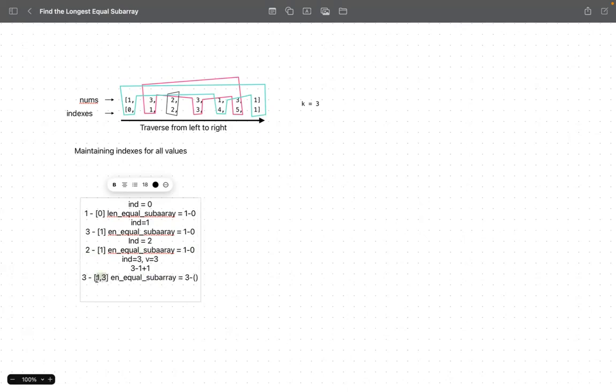So how many equal elements are there? The indexes that are stored. We are not just storing the index, we are also keeping a count of it. So if there are 2 indexes stored, then there are 2 equal values, and those equal values are 3. So there are 2 indexes, so 2 values. So 2 will be the length of the equal subarray. That means we will be deleting